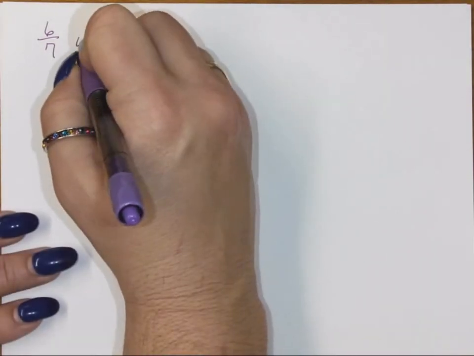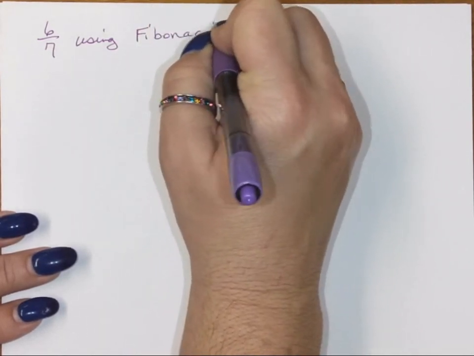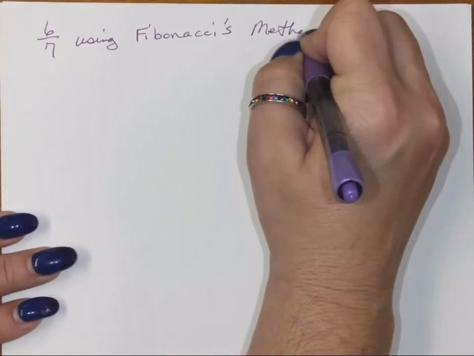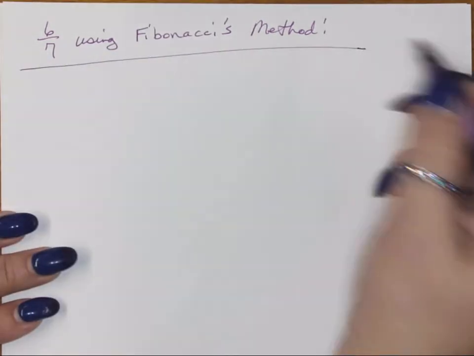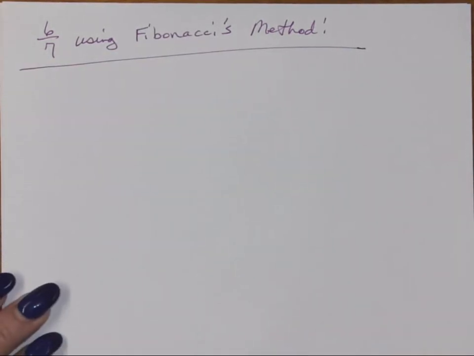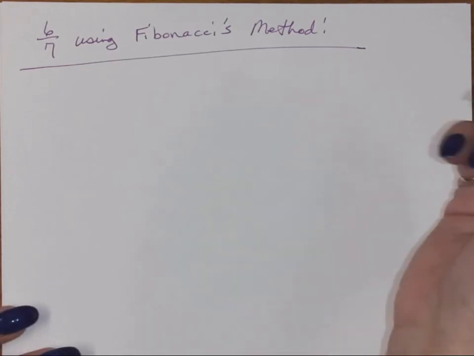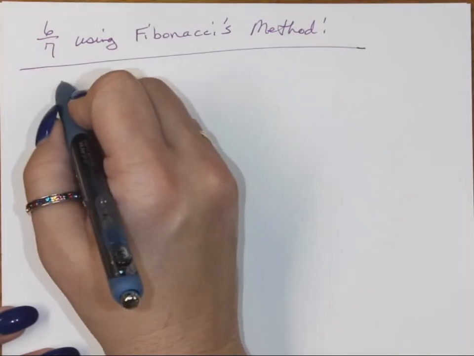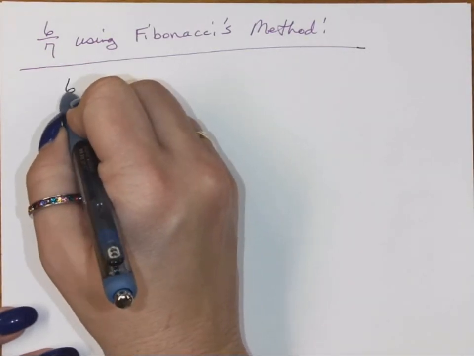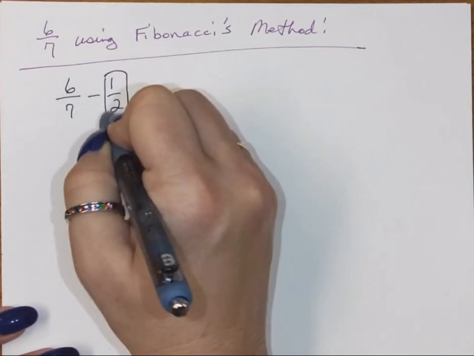All right, here we go, 6/7. I want you to work on it real quickly. Do it on your own. I want you to use Fibonacci's method. Work it out, see what you come up with, and I'm going to work it pretty quickly. You come back and tell me what you have, or check with me, make sure you've got the right thing. So go. All right. I happen to know that 1/2 is the largest unit fraction that'll come out of 6/7